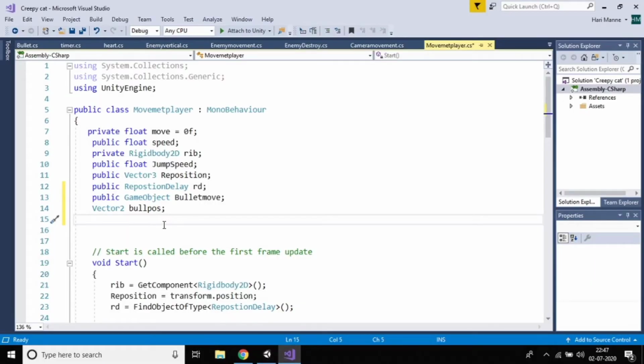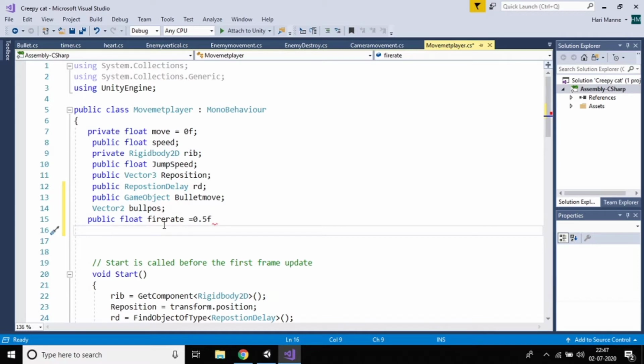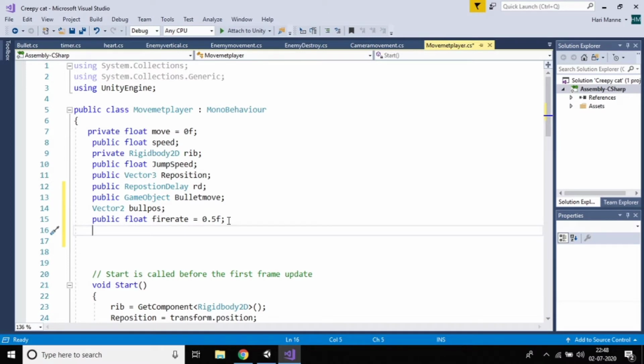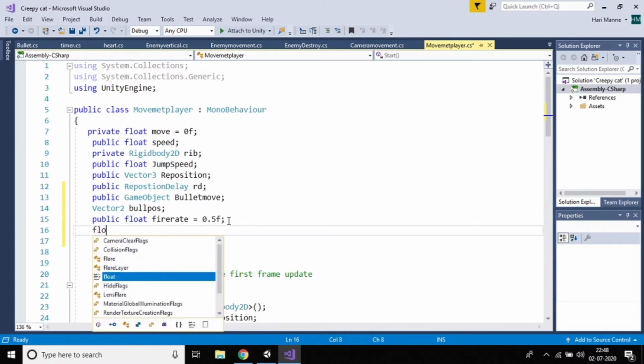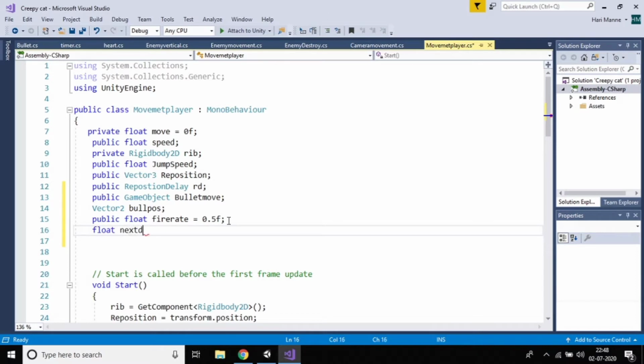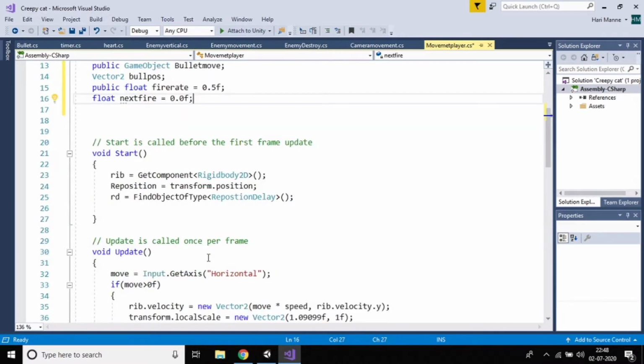This is the way. Just make a public float, because I want to change it, that's why I'm keeping it public. So fire rate, initially it should be like 0.5f. Then make a semicolon, and give next fire, which should be a float, next fire equal to 0.0f, and we are done with this.